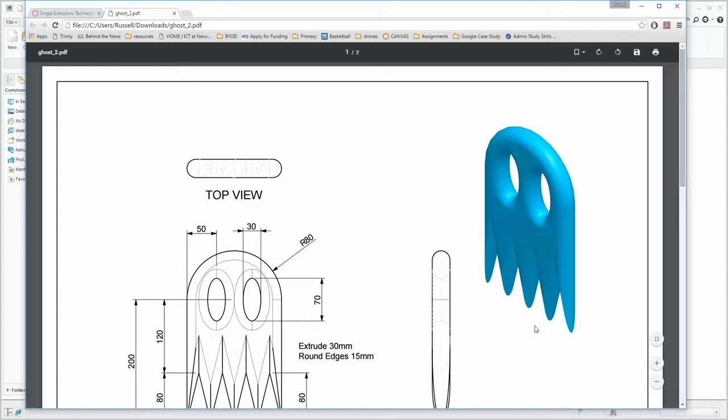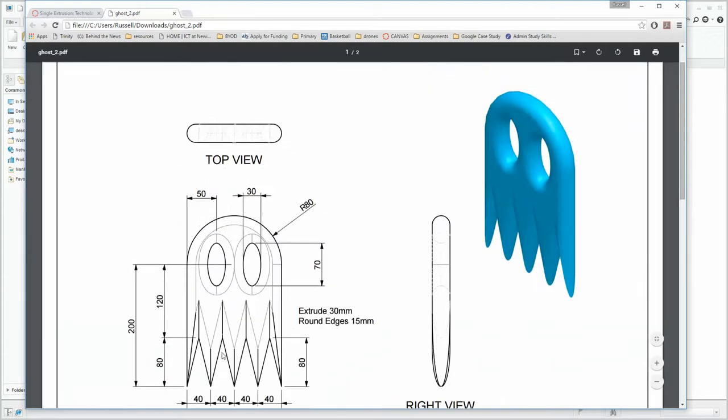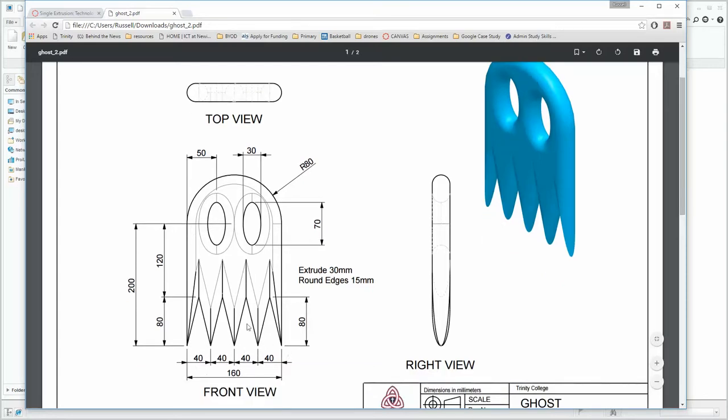So we're going to be drawing this object here, and what we're going to have is a number of lines and angles running through the screen, which are going to be 40 apart with a total distance of 160. And they have a height of 80. Then we're going to draw our outer shape as a square box and a circle over the top with our two ellipse circles. Our extrusion or our depth will be 30 millimeters and the edges will be rounded 15. So the rounding is half of the extrusion, which gives us a nice arc that we're looking for on our